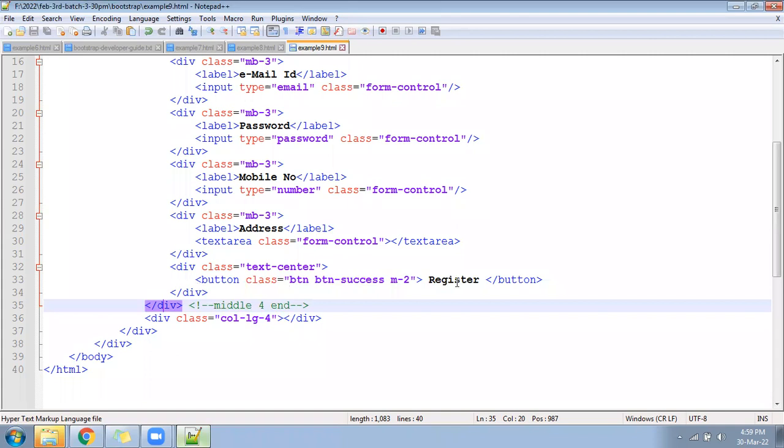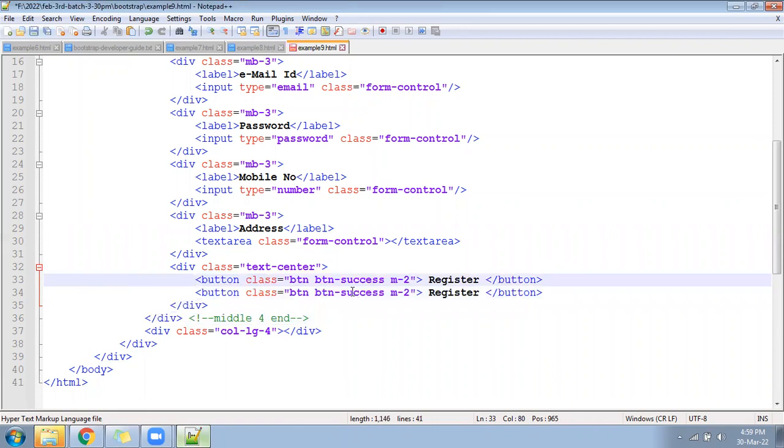Okay, now after that, add one more button here. Warning button: btn-warning m2, and right here call it Clear.